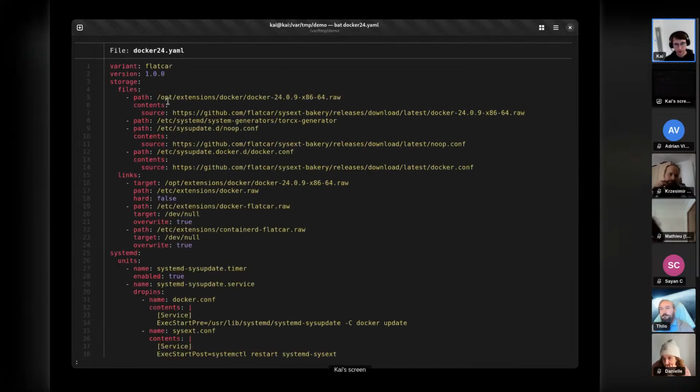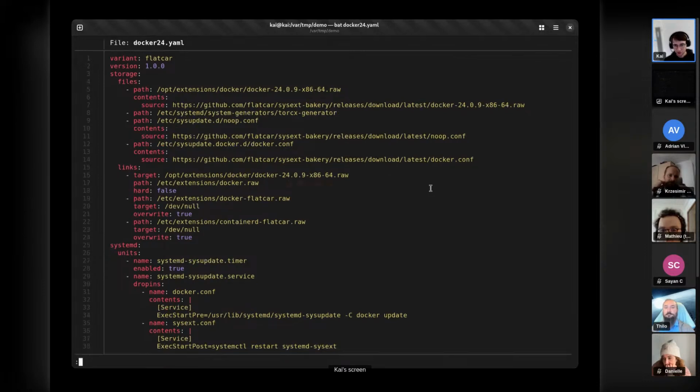So it's what was shown in the repository README. We will define an initial version for Docker. That's already the latest one. But we'll also define this update configuration here that says to download from the GitHub releases. And we will also disable the built-in Docker versions that we have in Flatcar.